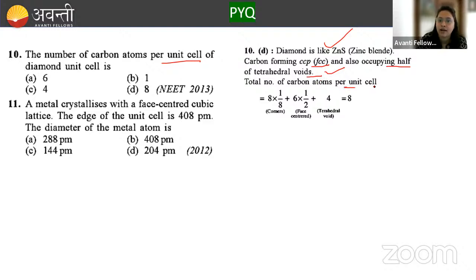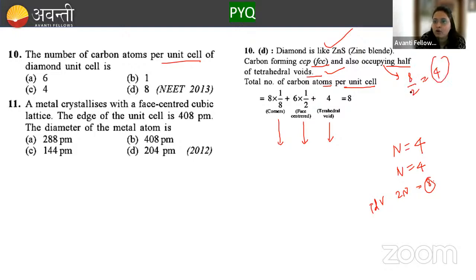So what is the total number of carbon atoms in the unit cell? Some are present at the corners, like FCC, and some at every face, because of being face centered, and 4 are present at the tetrahedral voids. If n is the number of atoms, n are the octahedral voids, that is 4, and 2n are the tetrahedral voids, right? These are the tetrahedral voids. How many will there be? 8. But carbon atoms occupy only half. So 8/2,